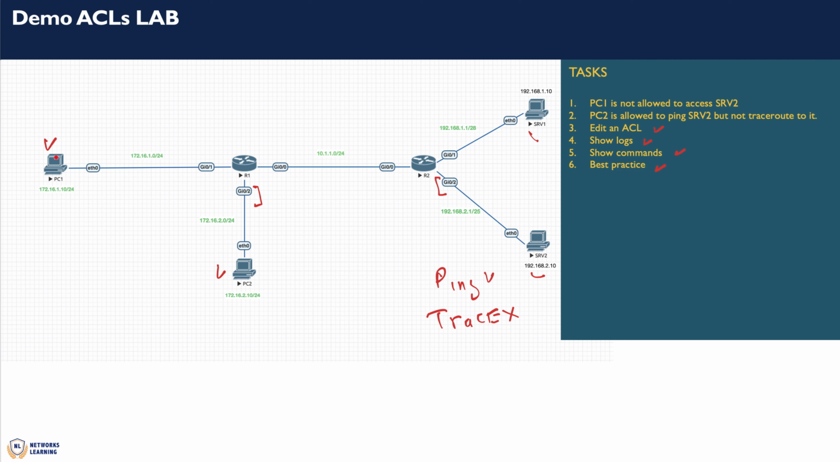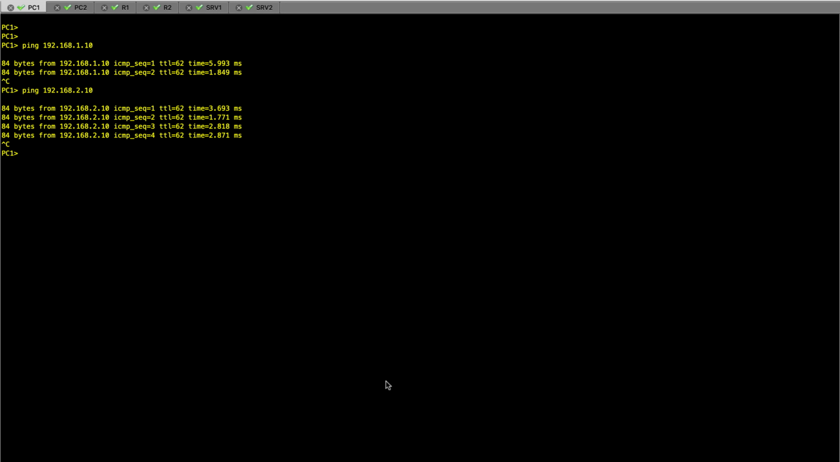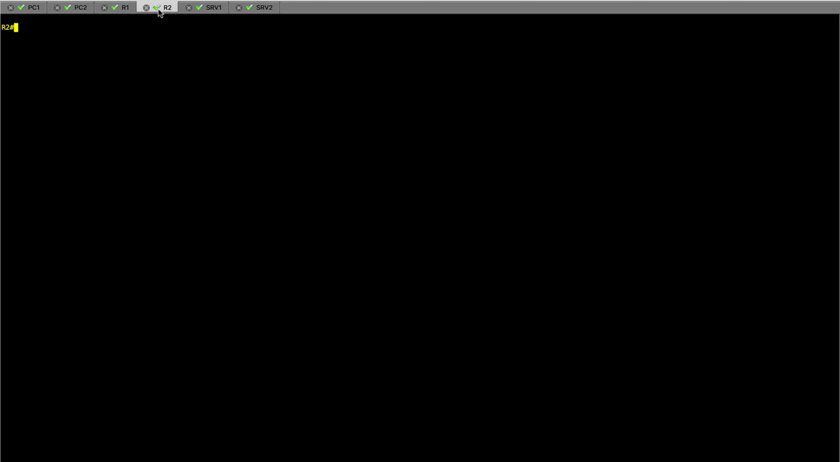So the direction of the traffic is from PC1 to R1 to R2, then outbound on gigabit 0/2. So on gigabit 0/2, where I will be applying my access list, it would be on the outbound direction. So hopping into R2. Two ways I can do this: either access list 10 and then deny host, and then I'll put in the IP address,